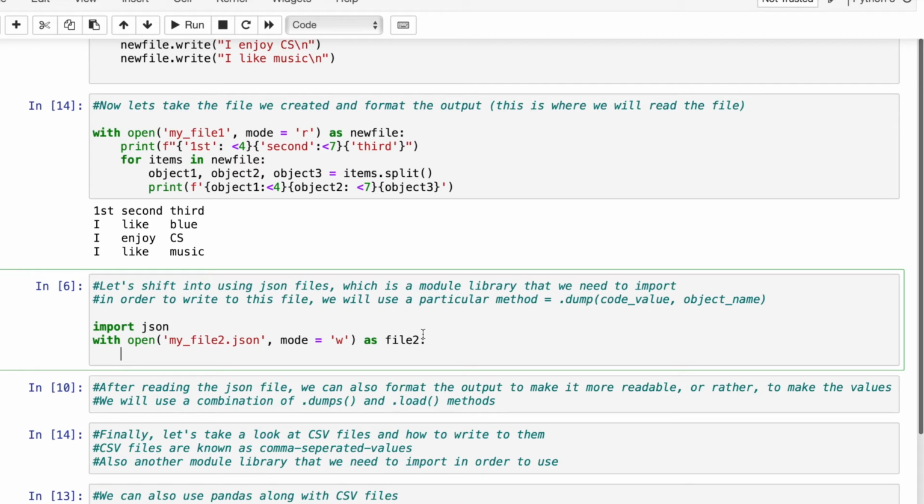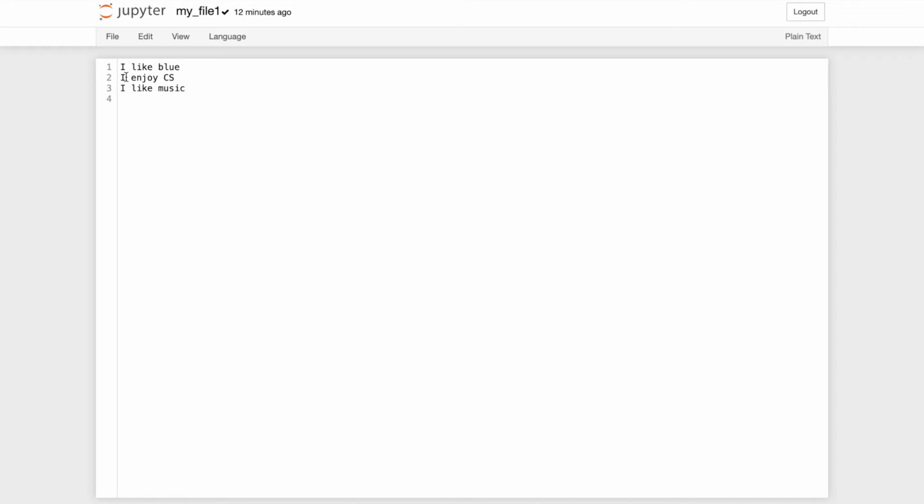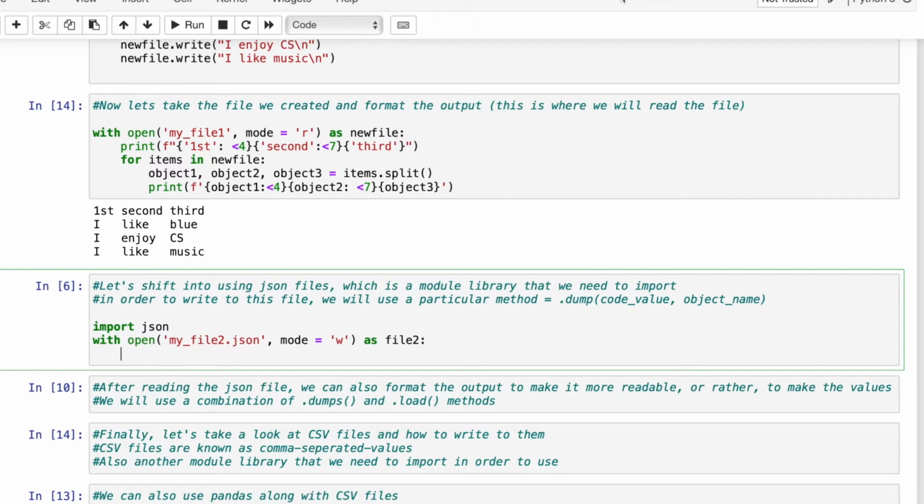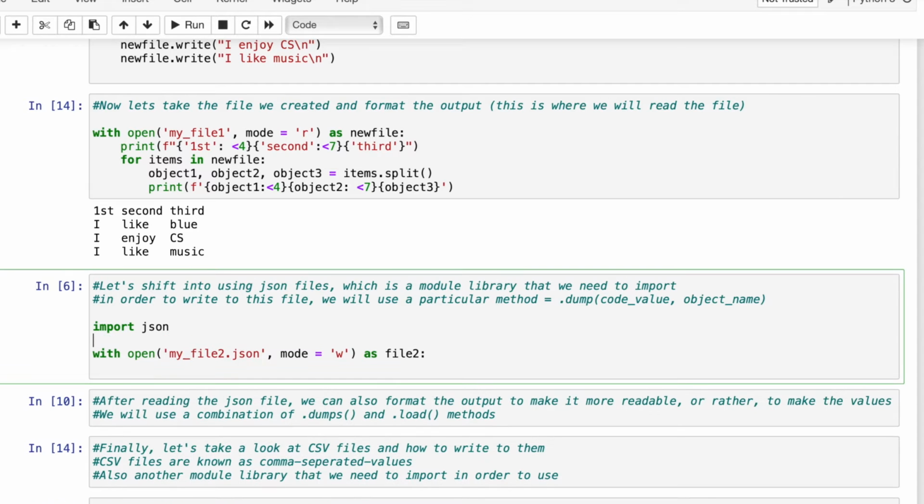Now, I want to emphasize that with JSON files, it's not going to be like the text file that we created here, where we use string values. In fact, JSON files are unique in that you essentially write the code into that file. So for example, let's say something very simple. I create a list of values. My list is equal to blue, CS, and then